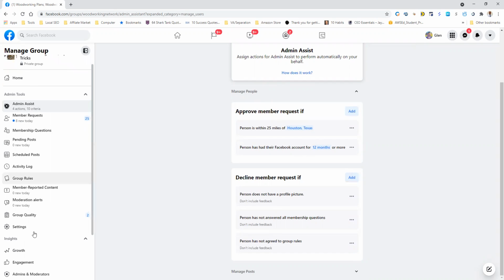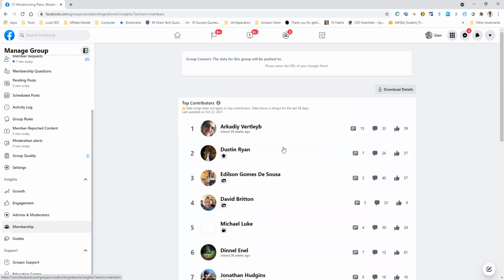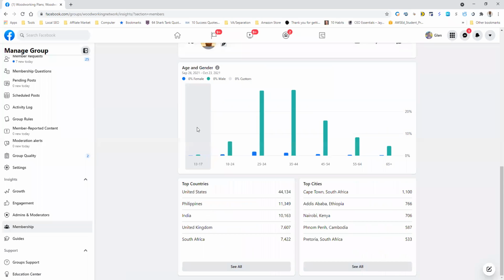Also, I should be able to look and see, these are my members. I can see the countries. It does not tell me. Let's see, all these people from South Africa, UK, India, Philippines. I don't necessarily need this group of people.